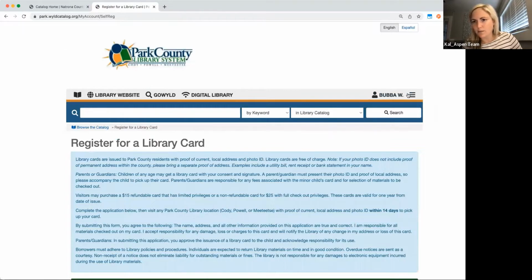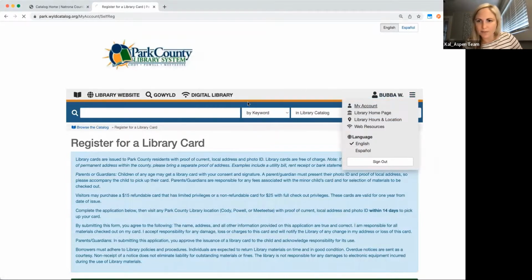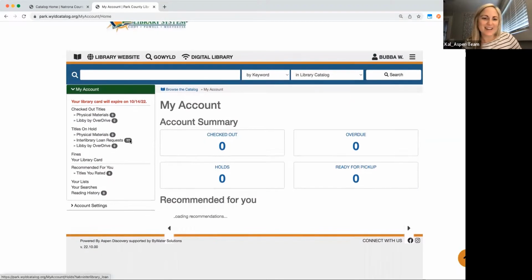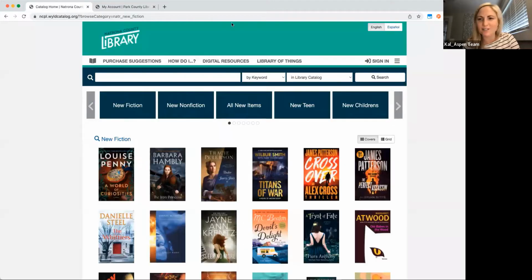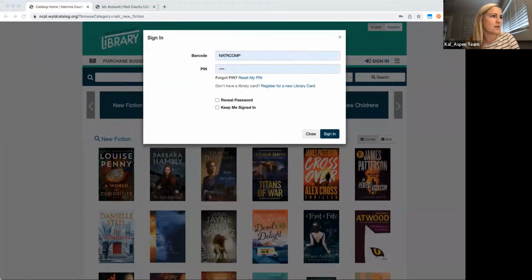All right, so when you log in and you're not on the self-registration form, you should go right into your library account. So this is what the user's library account looks like. And actually, I'm going to show you on Natrona's because the Natrona patron has things checked out. So right now, this user is not a very active library user and zeros aren't really fun to demonstrate. So let me go over here and do the same thing. I'm going to log in with somebody that has things checked out on it. And all right, sign in.